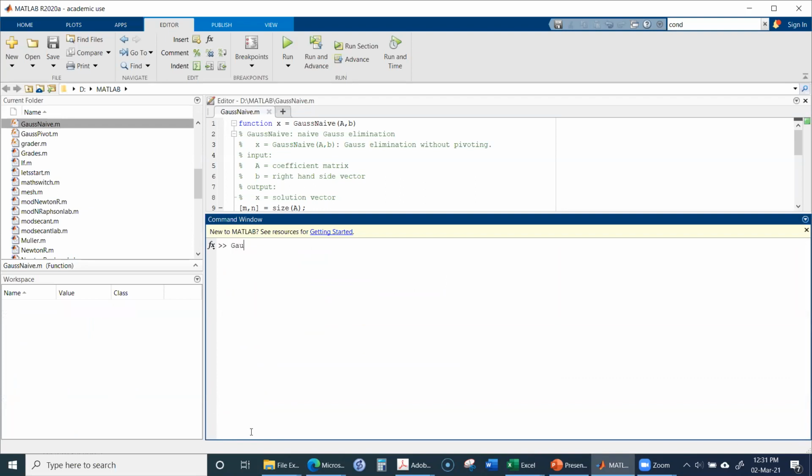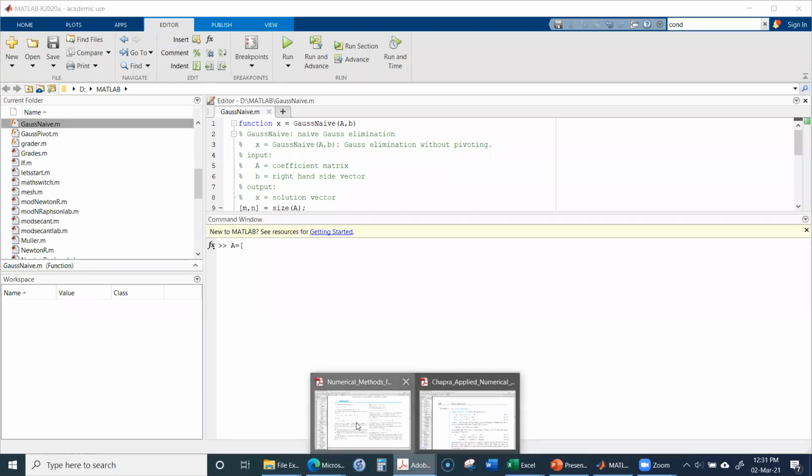The name of the function is Gauss naive, and I need to provide these values A and B. First it will be better for me to define A. I already removed it, but anyway, I can define A. For example, I take the same example for the Gauss naive elimination as we did in the book, which was